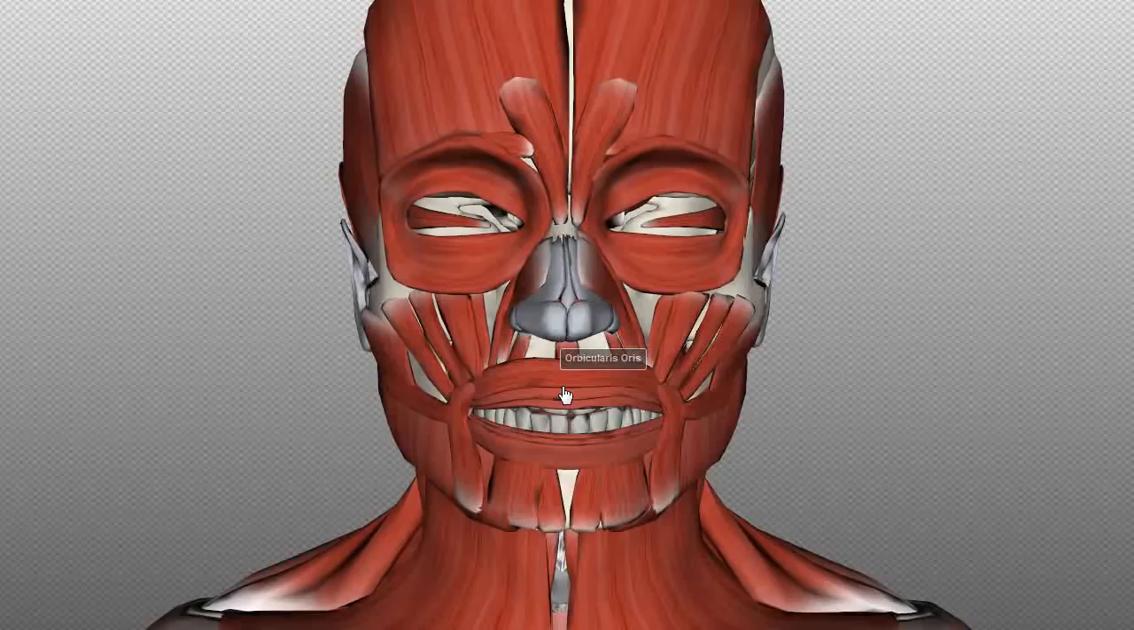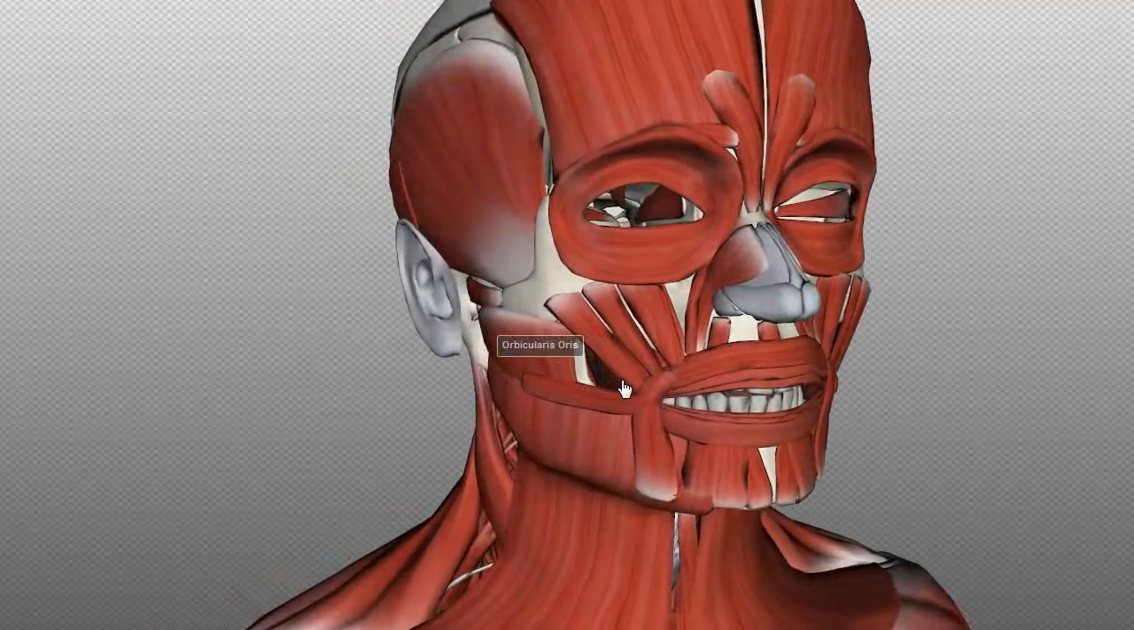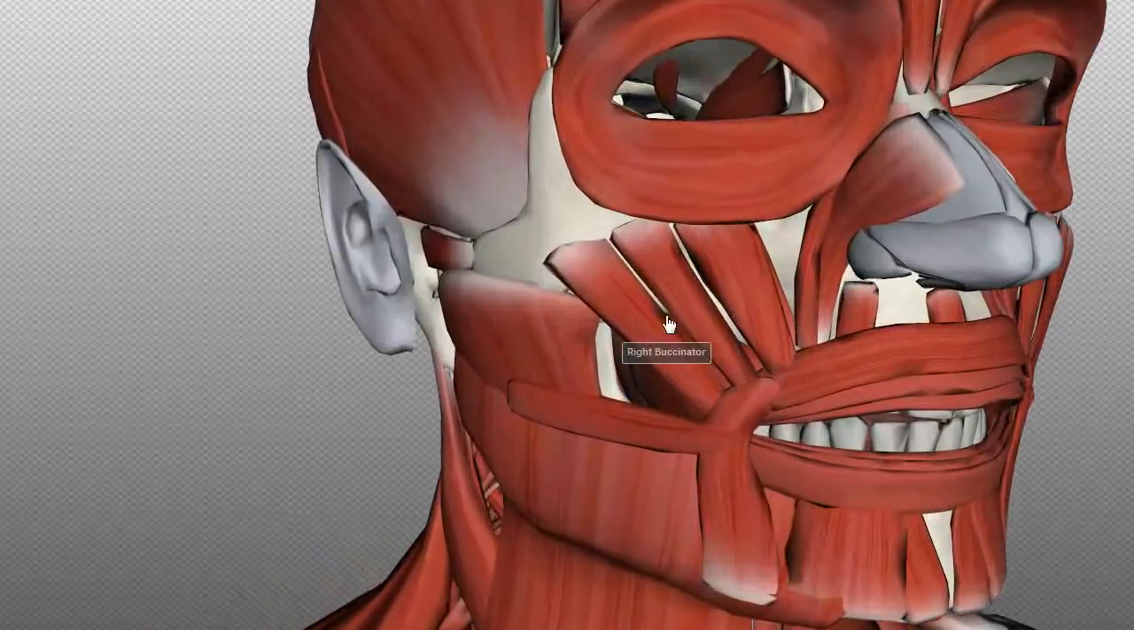So orbicularis oris, this circular muscle which circles the mouth. And you can kind of guess what the function is. When it contracts, it narrows the mouth and closes the lips. So you get this pursing action, which you get when you're whistling, and that's brought about by this muscle, the orbicularis oris. And the other muscle you'll need to know, which lies deep to these muscles here, is the